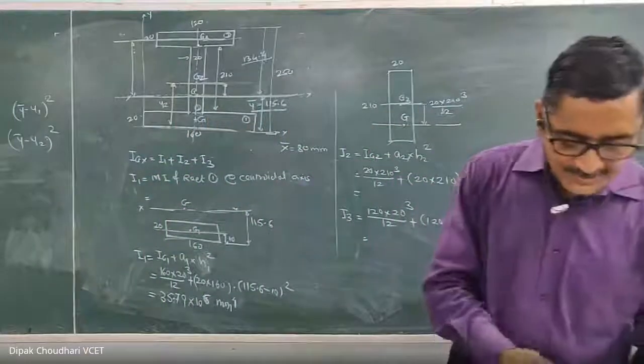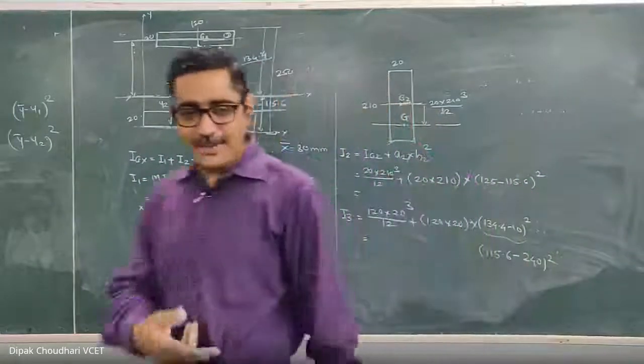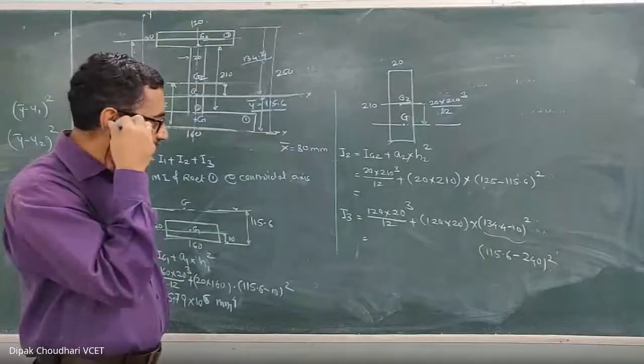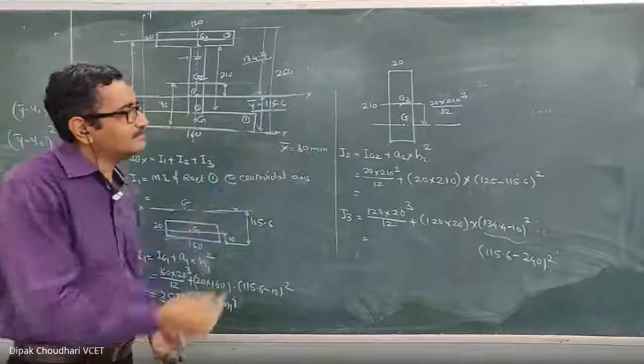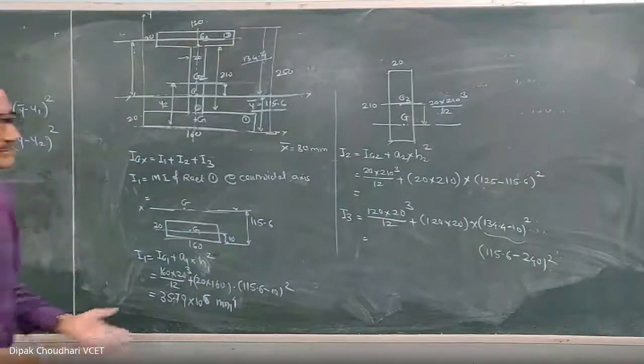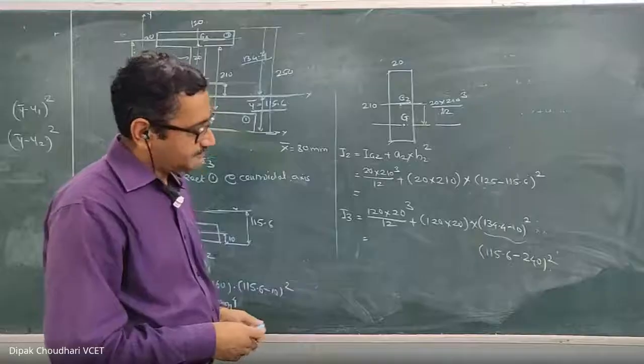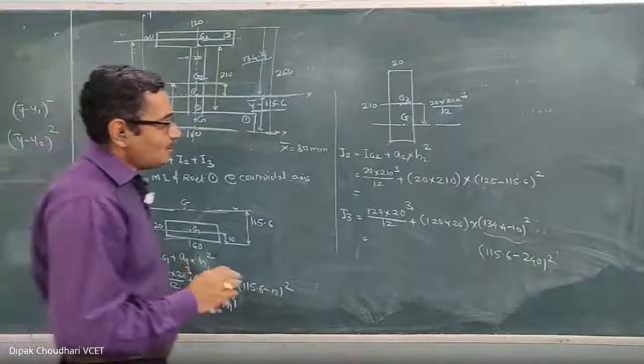Actually, this is a solved sum from the book. I will take a peek and send you on the group how it is solved in the book. It is directly solved in one step. Next time we'll solve it in one step only. Calculate the I2. Sir, how did you calculate I2? Calculate the I2. You have not understood I2.